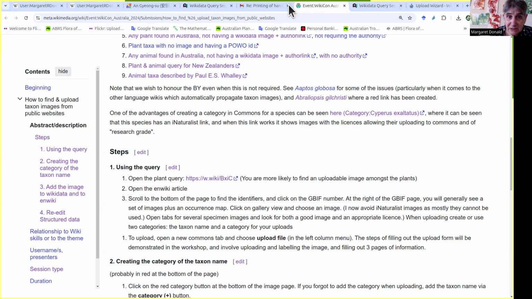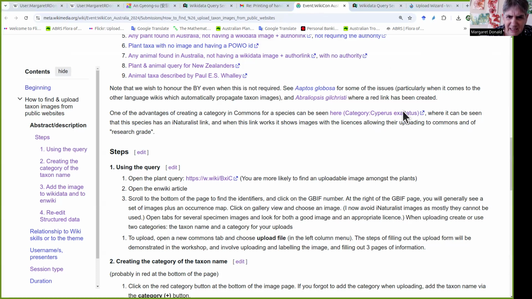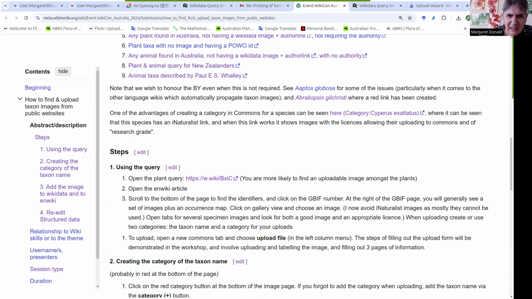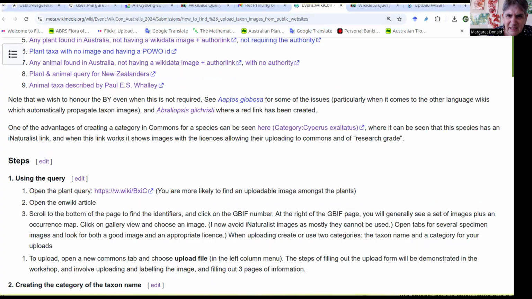The other pages that you need, I'll just shift this if I can. Oh, I can't shift it. Okay. Let's see if I can shift it again. No, it's not permitting me. All right, so we're